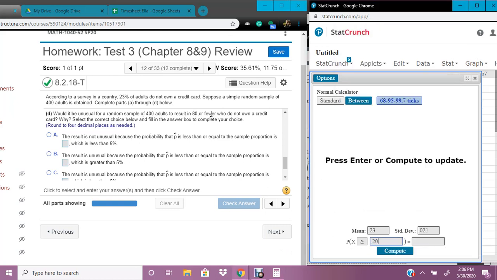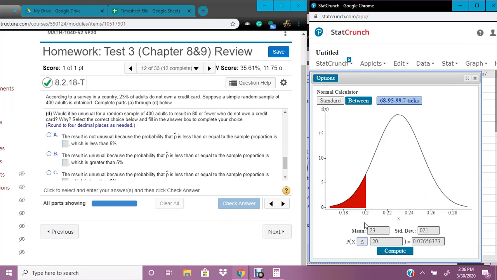And then we're looking at that much or fewer. And so that means that we're going to have to flip our sign around, and our red is on the fewer side, so that's a good sign. And then in order for it to be unusual, it's less than 5%, and so that's when you move the decimal over 2 places. So this is 7.6% basically, and so it's greater than. So it's not unusual